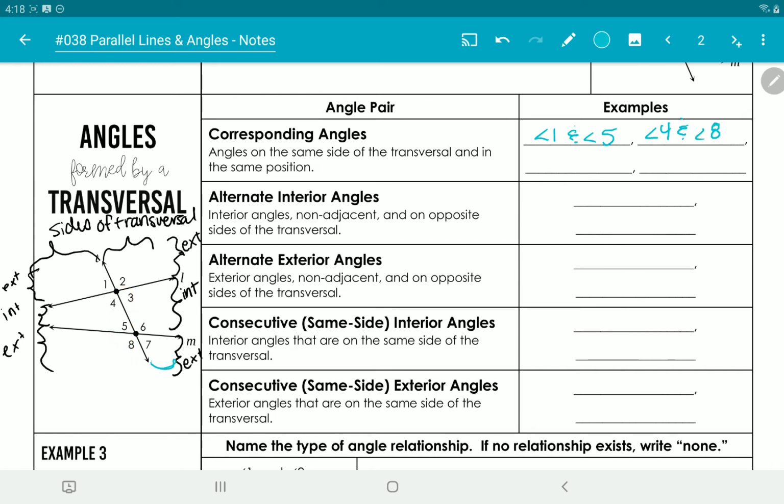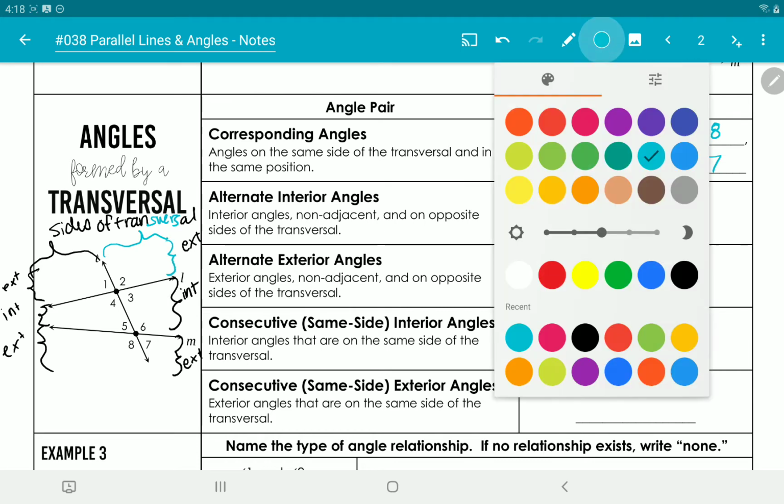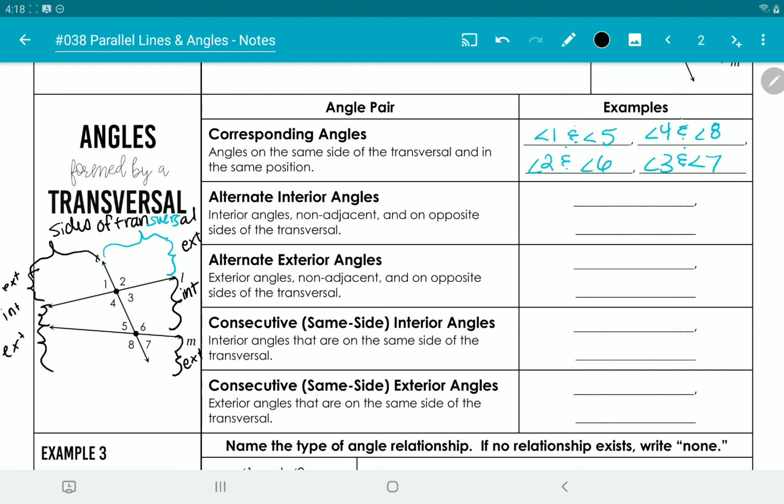If we flip over to the other side of the transversal over here on the right, we could do angle 2 and angle 6, because you see those are both on the top right. They're in the same position here. Okay, but then we could also do angle 3 and angle 7, because again, they're in the same position. They're both on the bottom right of their intersection. Okay, so those are the different sides of the transversal, and then again, interior and exterior depends